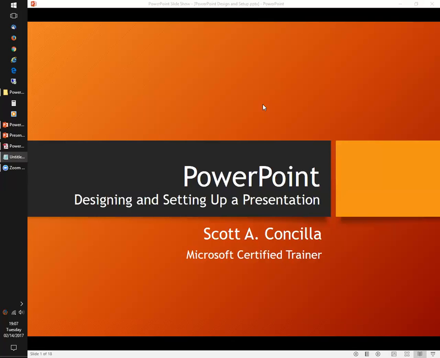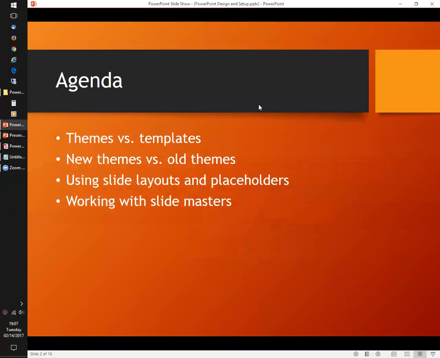And again, the goal here for tonight, our agenda, let me get over to PowerPoint. There we go. Our agenda tonight is there are about 4 basic topics that we want to talk about. First, the difference between using a theme versus a template when we start something off in PowerPoint.